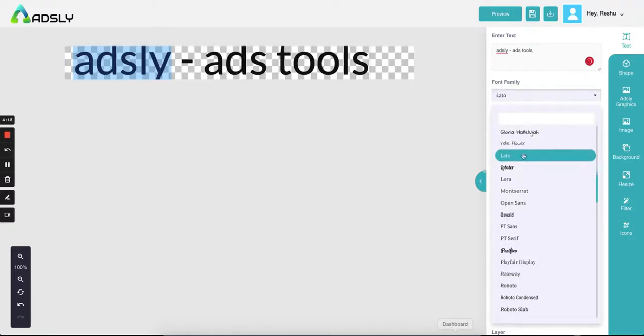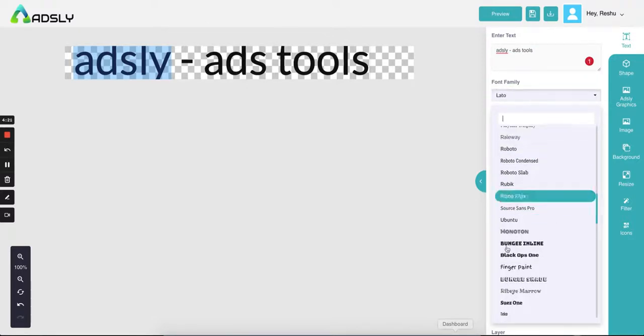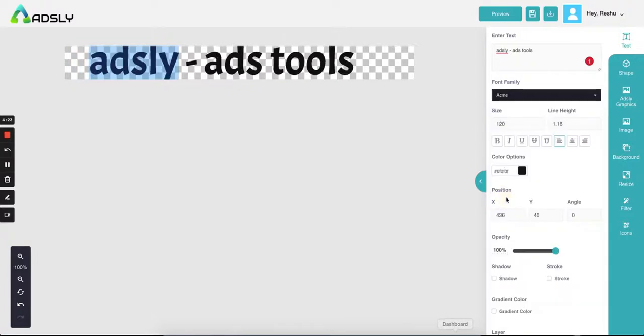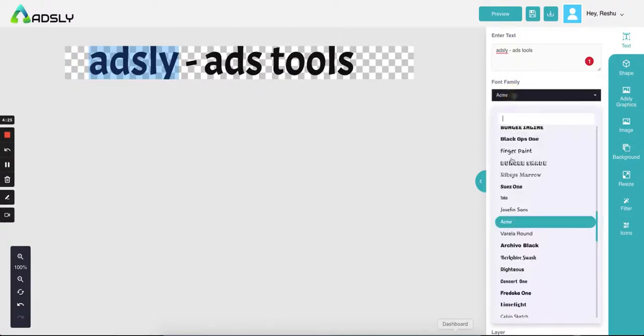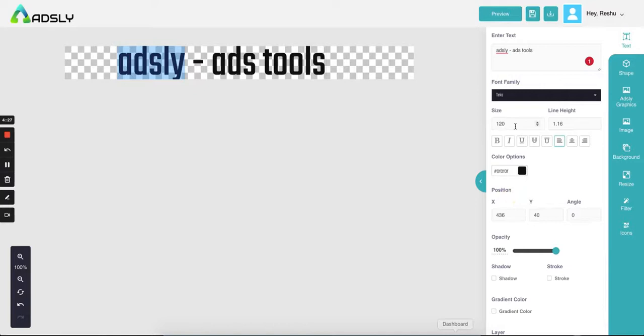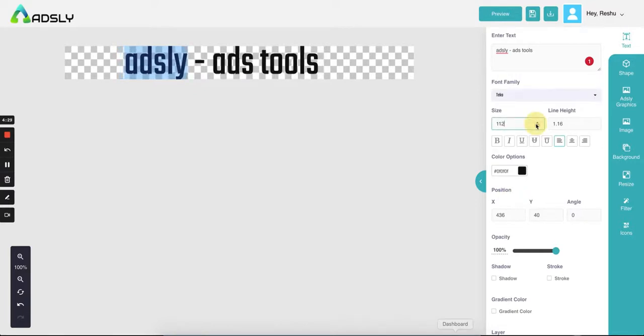From here you will get the option of changing the font, or maybe the size of the font. You want it small, big, according to your ad, and the distance between the two lines.